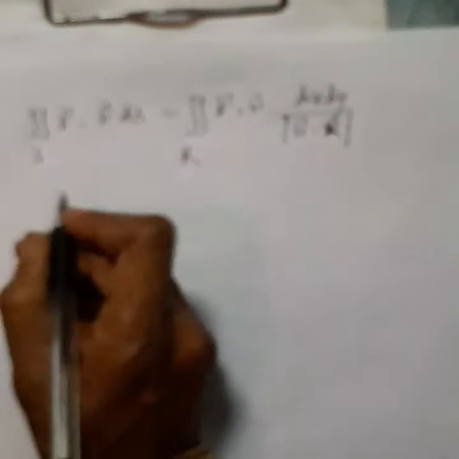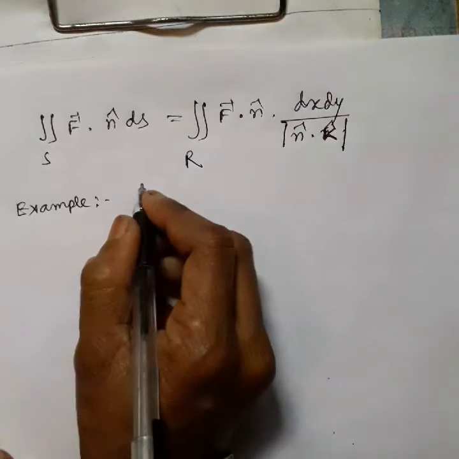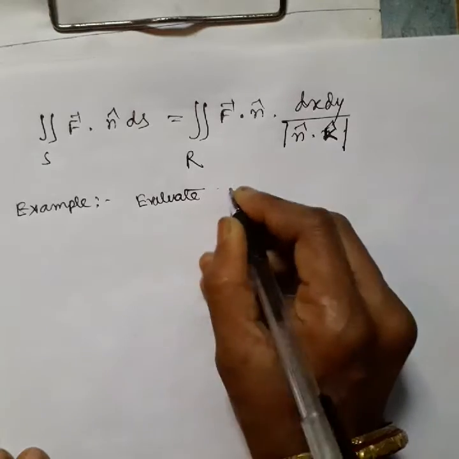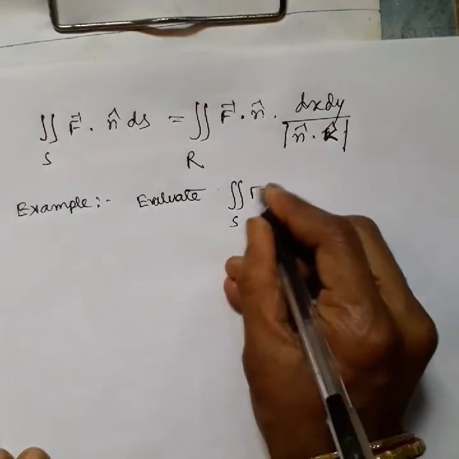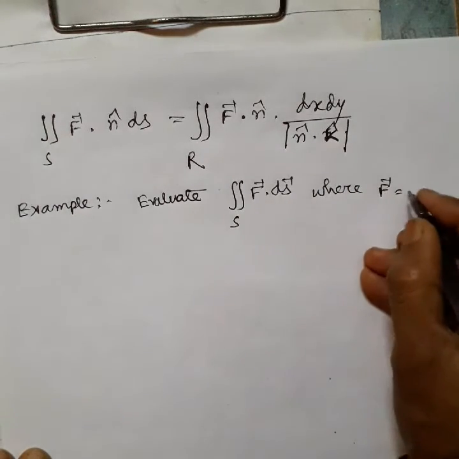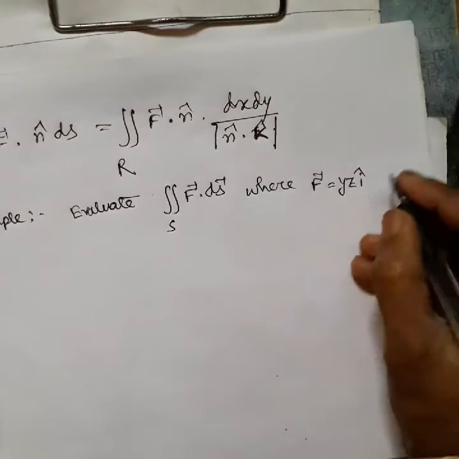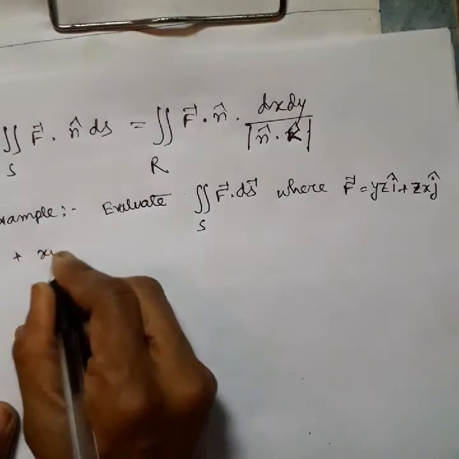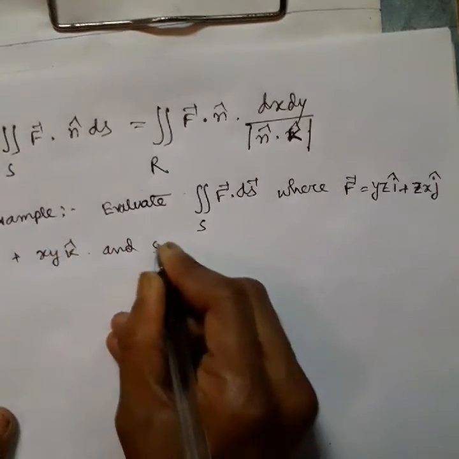Okay, and thus the surface integral on S can be evaluated using the concept of double integral over R. So for example, evaluate the surface integral where F is equal to yz i cap plus zx j cap plus xy k cap, and S